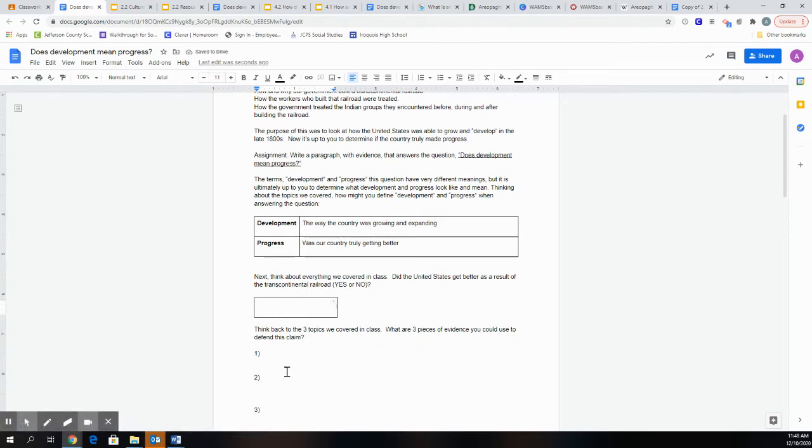Then what we're going to do is look back at the topics that we covered in class, and you're going to come up with just 3 pieces of evidence that you could use to defend your claim. I'm going to give an example for either side. So if you said that yes, development means progress, and the country is getting better as it grew and expanded, one thing that you could potentially look at is